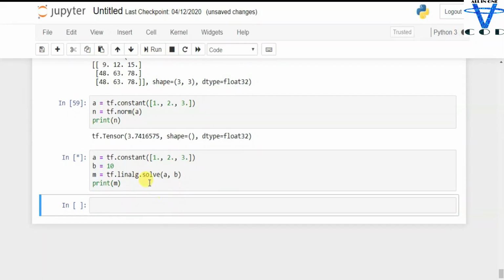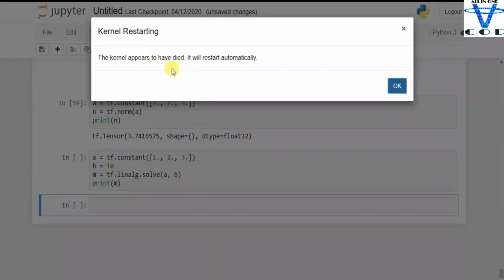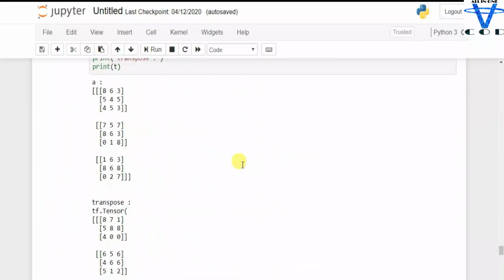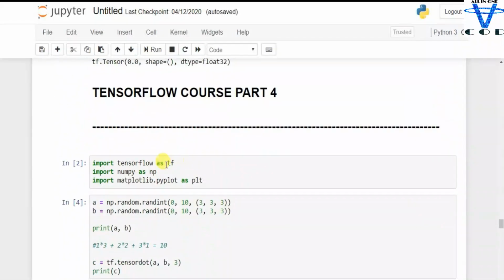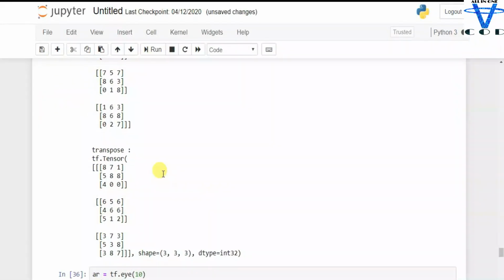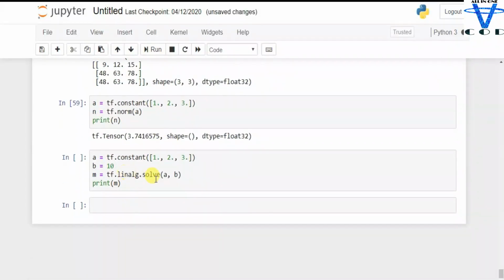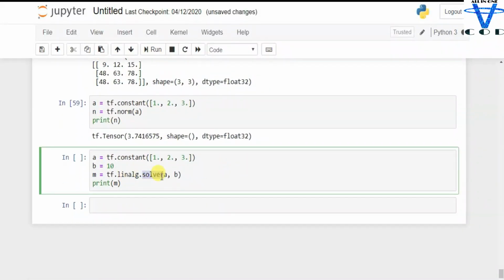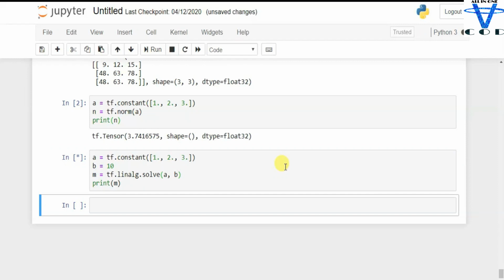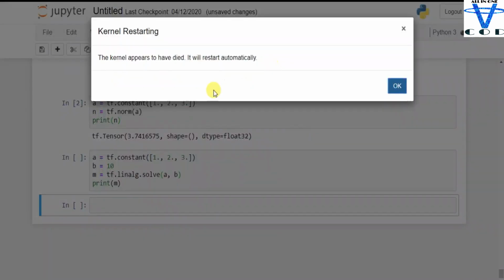This is loading. Okay, whenever I run this program, you can see I got an error like this. The kernel appears to have died. It will restart automatically. So it killed all of my processes. I don't know why this is happening. I think linalg.solve is too much, it takes higher processing power to solve this program. So what I'm gonna do is I'm gonna skip this function for now. Let's try one last time.